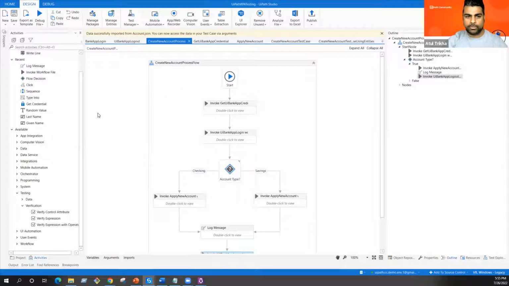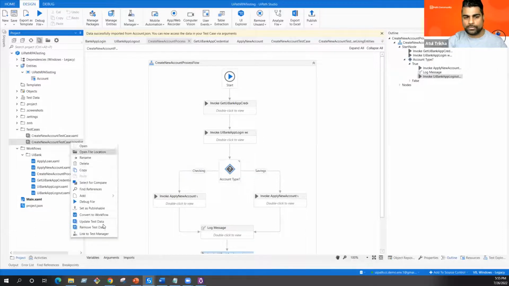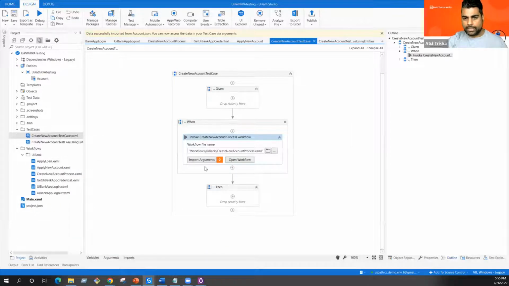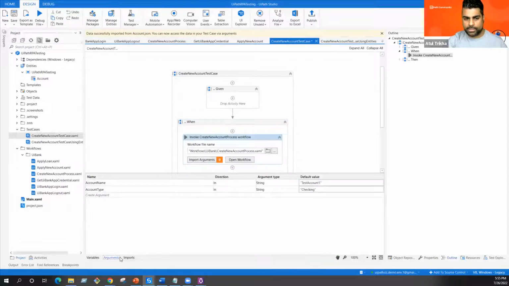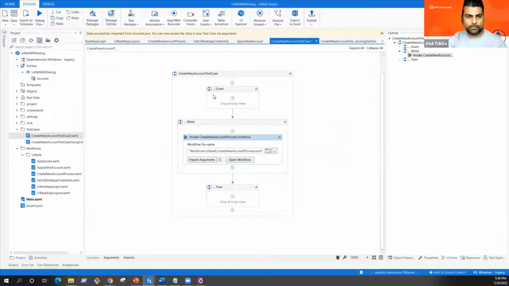When you execute your test case here, let me move these two test cases here. You need to make sure that you convert those two test cases as publishable. So I will set both as publishable. Then if you go here, it is looking for some parameters. How will you get those parameters? In the arguments, you will already get those parameters in the variables. By default, I have provided this one. And if I execute this workflow here,